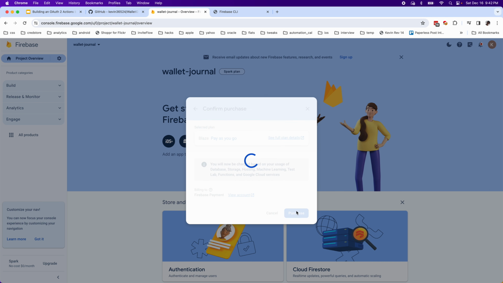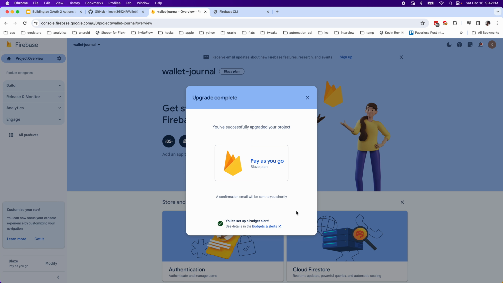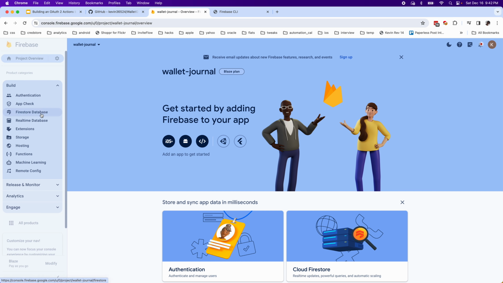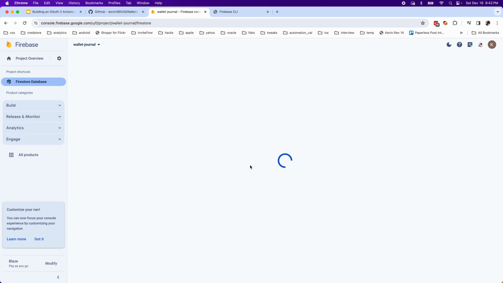And yeah, I'm just confirming the purchase. It won't charge anything as of now, but that's good. Now that we are on the base plan, that is one thing done. We will also go to the Firestore database, and